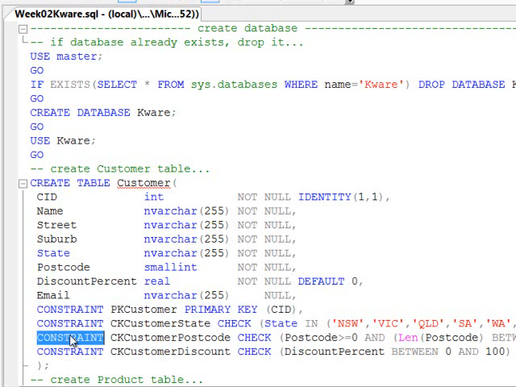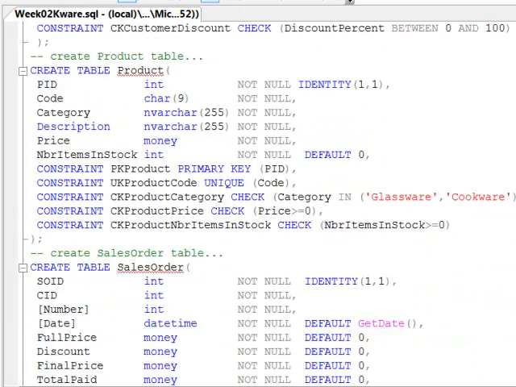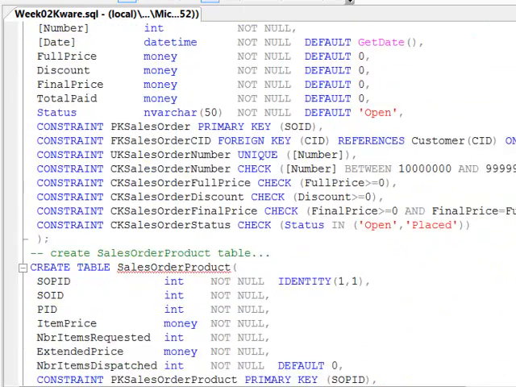We're creating some other constraints here which you should be able to read and make sense of, and you'll find that these are consistent with the validation rules that were implemented in the Access or the JET database engine version of the KWare database that you used last week. So basically this is creating an equivalent version of the KWare database that we gave you last week. So we've got these four create table statements,